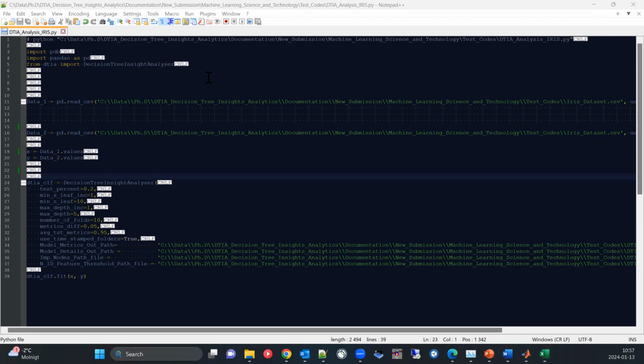Hello, this is a tutorial on how to use DTIA, Decision Tree Insights Analytics, or Decision Tree Insights Analyzer, a Python package to extract insights from large data sets using the decision tree classification method. So after installing the package using the README file on GitHub, first you create just a normal Python file